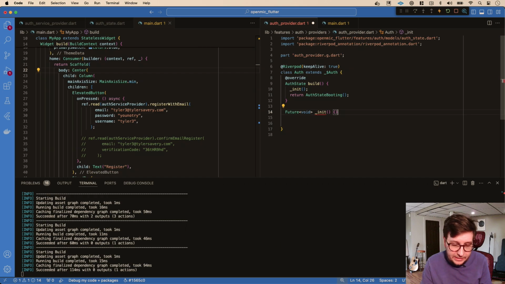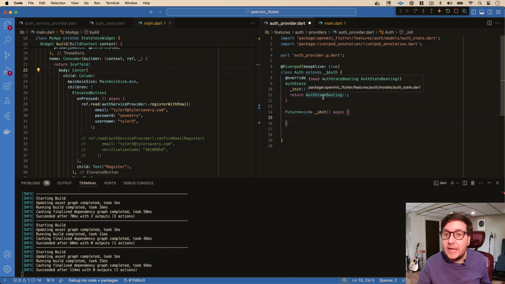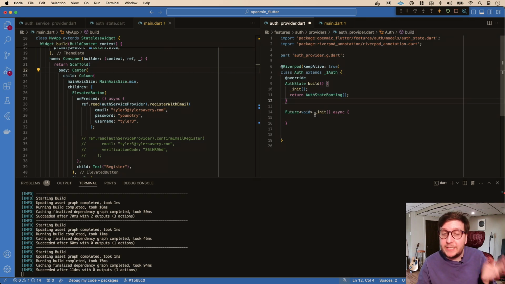Not going to return anything, and a lot of the time, I'd say 90% of the time, any of our methods within our notifier shouldn't ever return anything. They're really meant to modify and mutate the state and replace the state, essentially. So it's a future void. It's not going to return anything. So what we want to do in here is we